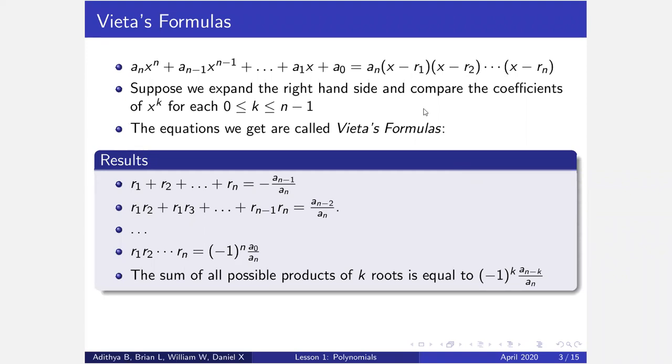So if we factor them as a_n times (x minus r_1) times (x minus r_2) times dot dot dot times (x minus r_n), we can actually expand the right-hand side and find a_0, a_1 through a_n explicitly. How we do this is we just expand the right-hand side normally. So if you look at the x to the n